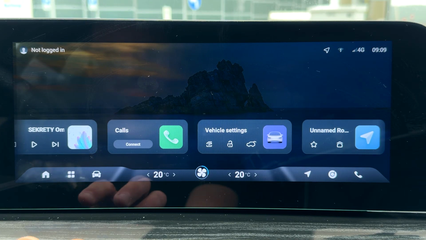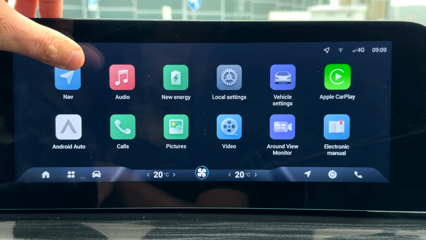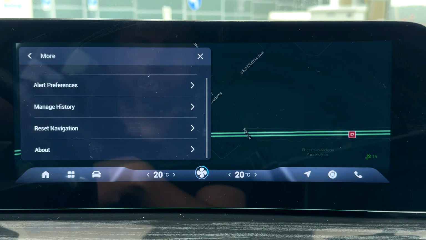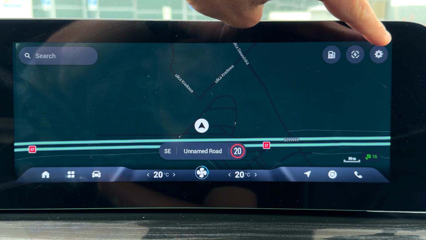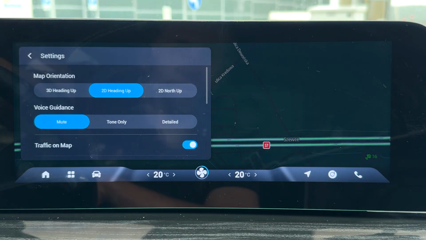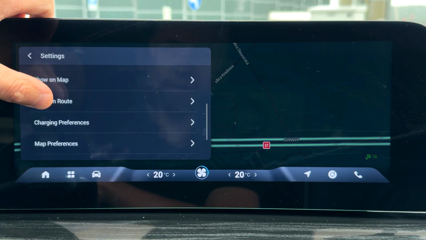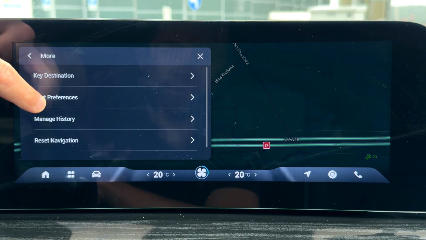All you need to do is use here the apps icon to find and select the navigation. So this is the first icon from the left. And now in navigation, you can choose here settings. As you can see in the upper right corner, you've got the settings icon. And now all you need to do is scroll down, and now you can see more, and under more, you